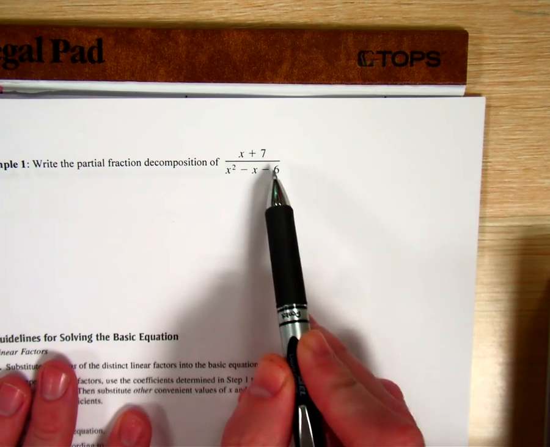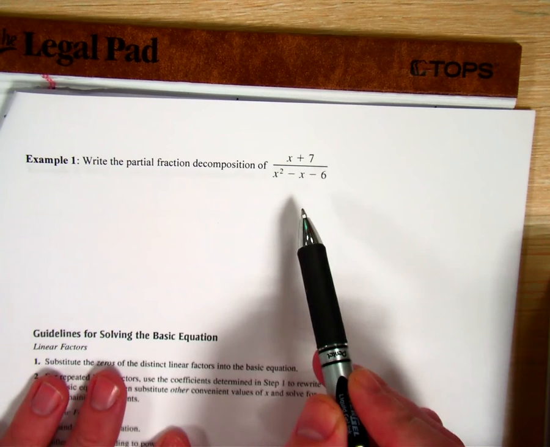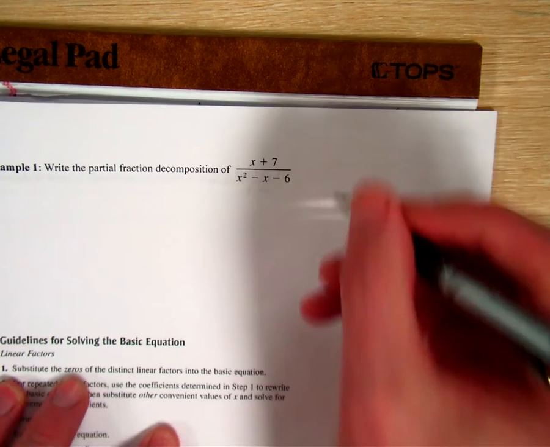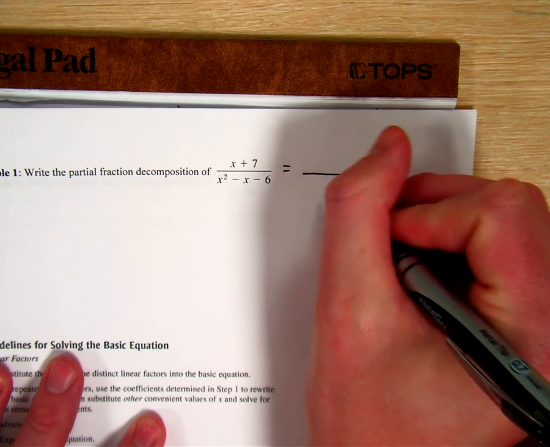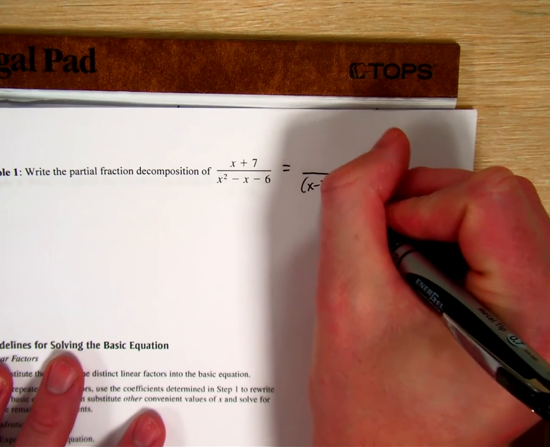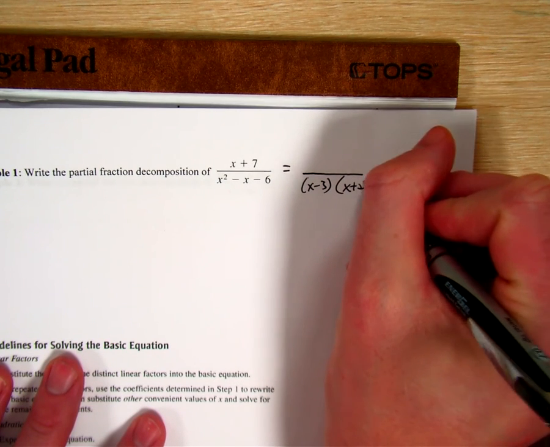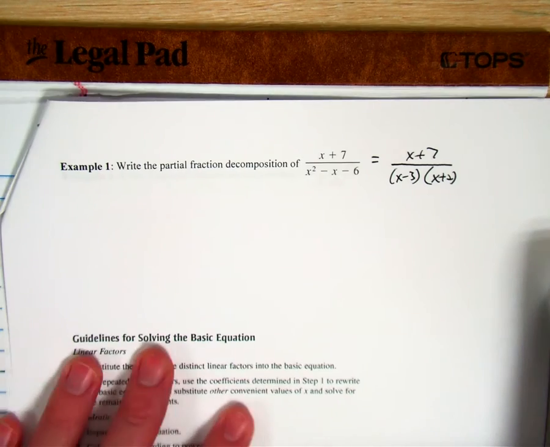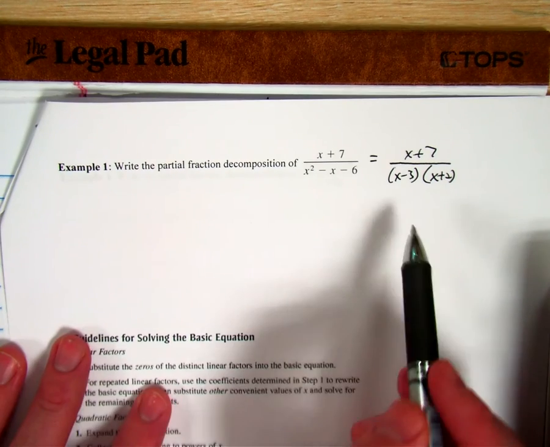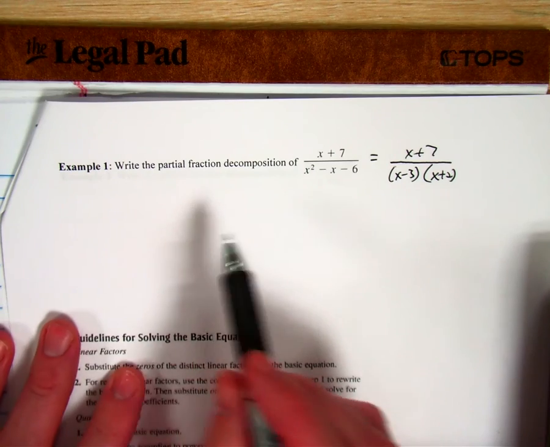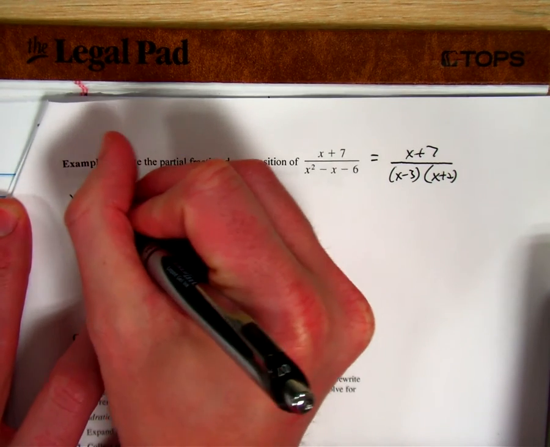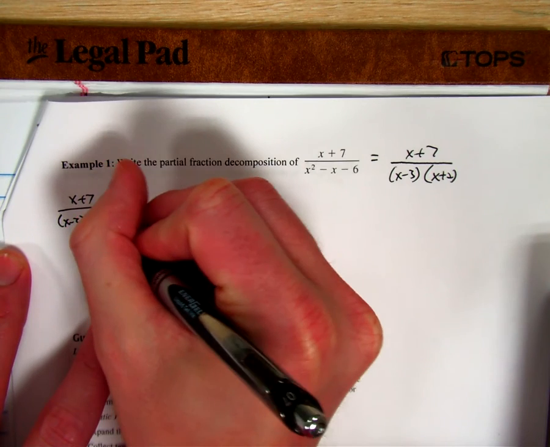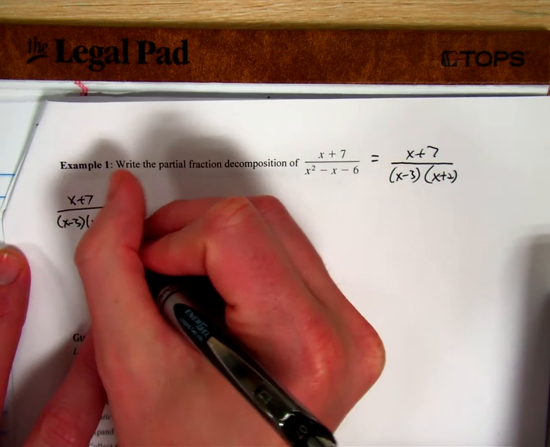All right. So, x plus 7 over x squared minus x minus 6. This was the example problem from the very beginning of the first page. Okay, and they said our denominator could factor to x minus 3 and x plus 2. All right, we still have x plus 7 on the top. Okay, so we're going to bring this over here and start a new line. We have x plus 7 on the top of x minus 3, x minus 2, nope, x plus 2, sorry,